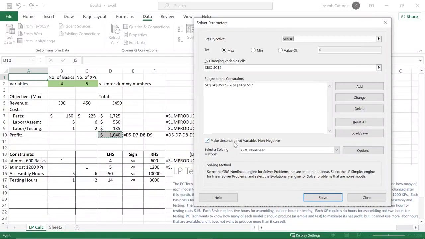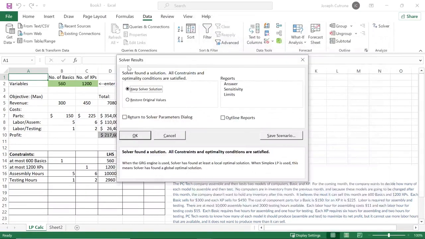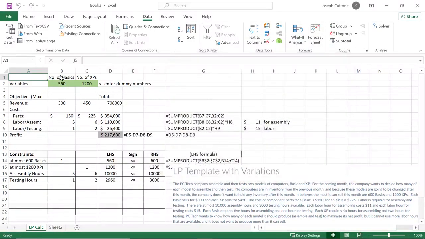We want to make the constraint variables non-negatives. Again, it's really weird to come back and say the right answer is going to be negative number computers. We do select the solving method. We want to change that to be simplex LP. Fantastic. And we hit solve. Here's the results. Solver found a solution. All constraints are satisfied. Fantastic. And we hit OK. So I get the number of basics to be 560 and the number of XPs to be 1,200. And my net profit that was maximized,